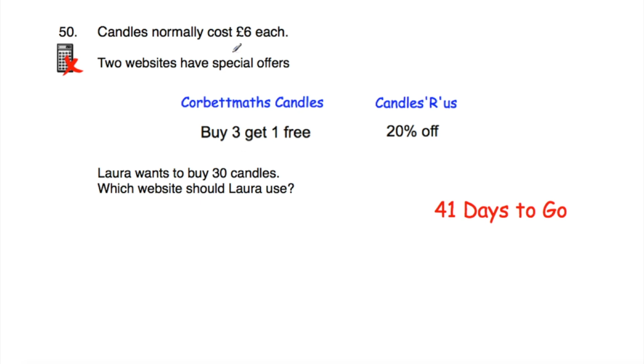She wants to buy 30 candles. They cost £6 each, so if we do 30 multiplied by 6, that's equal to £180. Now, if there's no special offer in Candles R Us, the price would be £180, but it's 20% off, so